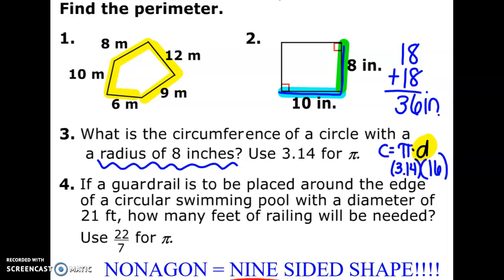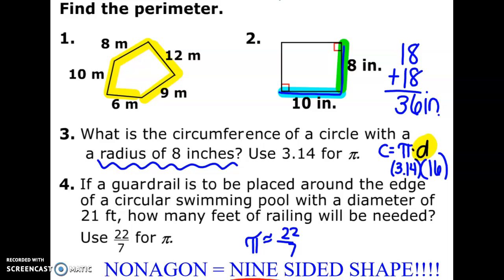Number 4, if a guardrail is to be placed around the edge of a circular swimming pool with a diameter of 21 feet, how many feet of railing will be needed? Once again, you can use either 22/7 or 3.14. Boys and girls, I would use 22/7 for your pi